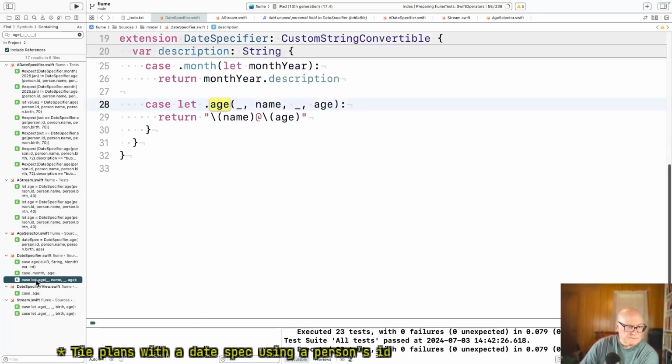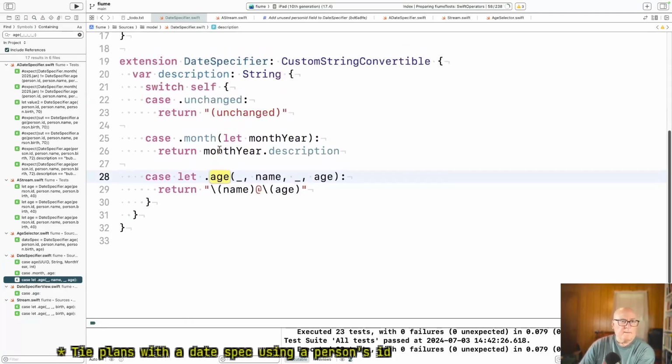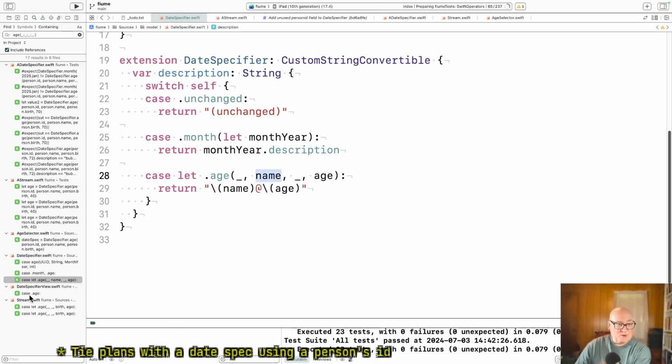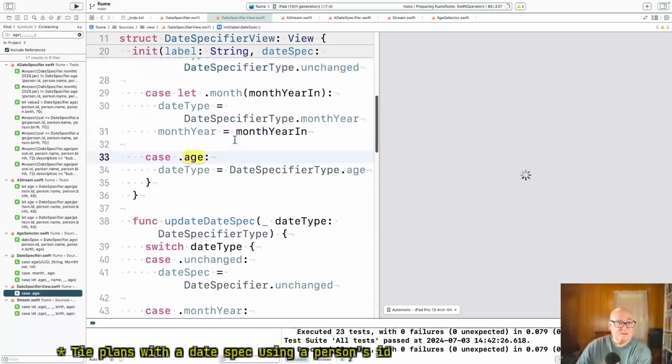Okay. Well, this is the one I'm suspicious of. Yeah, I don't get it at all. Apparently the next version of Xcode is going to address that. I did watch one of the WWDC videos for that, and that was one of the changes they said were in place, that they were much more reusing stuff. Okay, date specifier view.